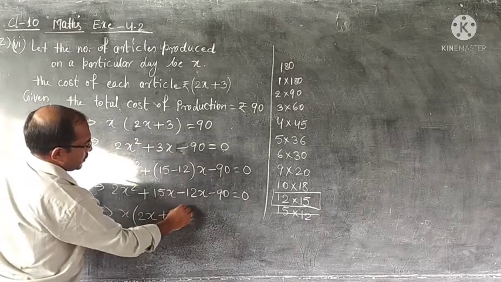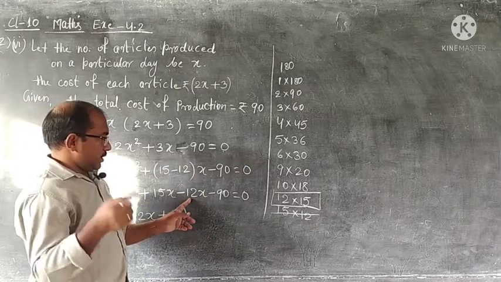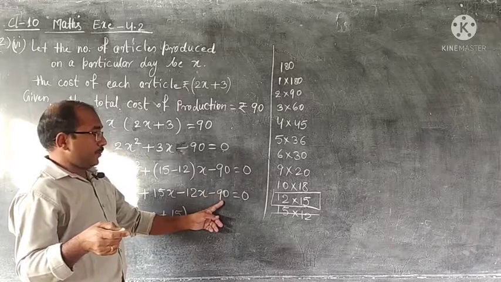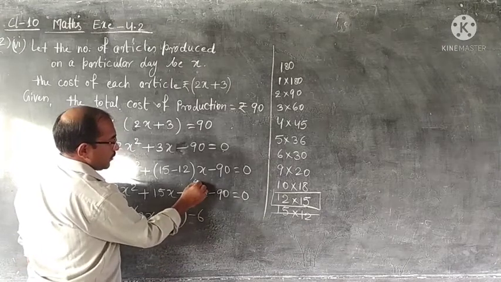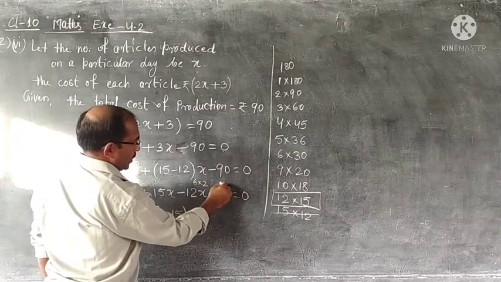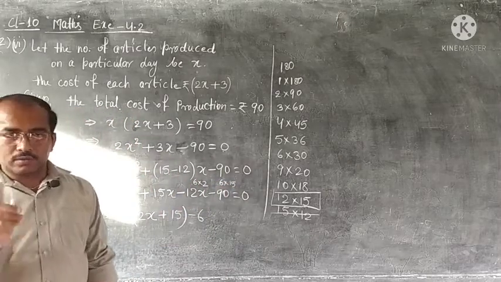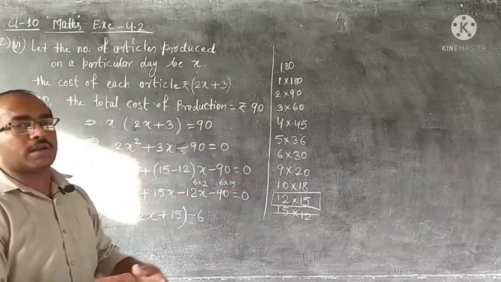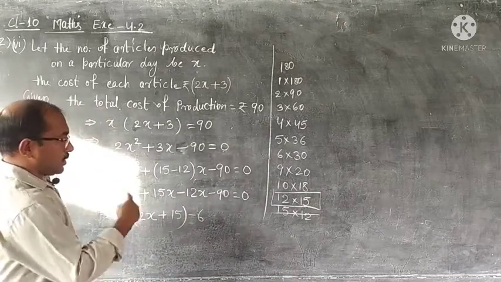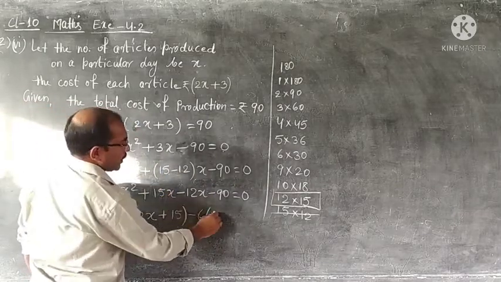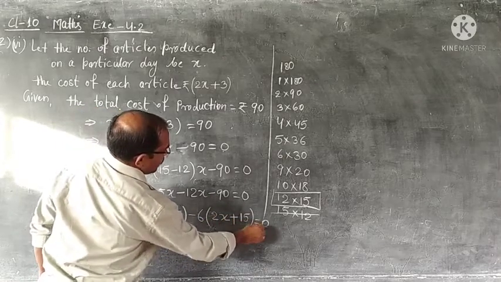We take common x. 2 we cannot take common with 15. x square, x remaining 2x plus 15, x is out. 12 and 90, what can we take common? 6 2s are 12, 6 15s are 90. So we will take common 6. I am writing here for your help 6 into 2 and then 6 into 15. But remember, we will not write like that. We will just keep that in mind or write somewhere on the left side if you have any doubt. So 6 into 2, 12, 6 into 15, 90, 6 common. 2x will remain, it is minus, so changing sign, and 15, 6 equal to 0.